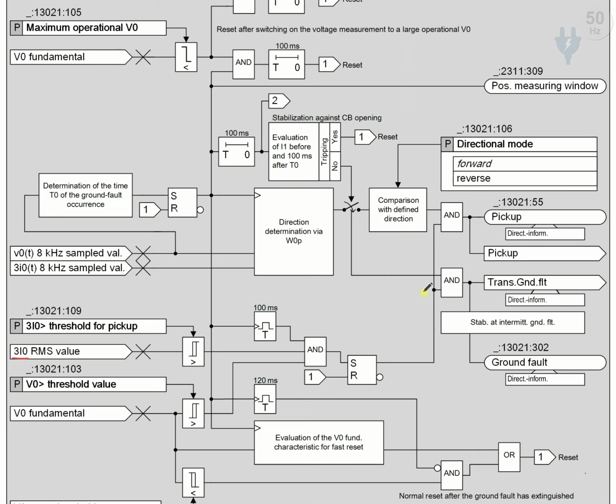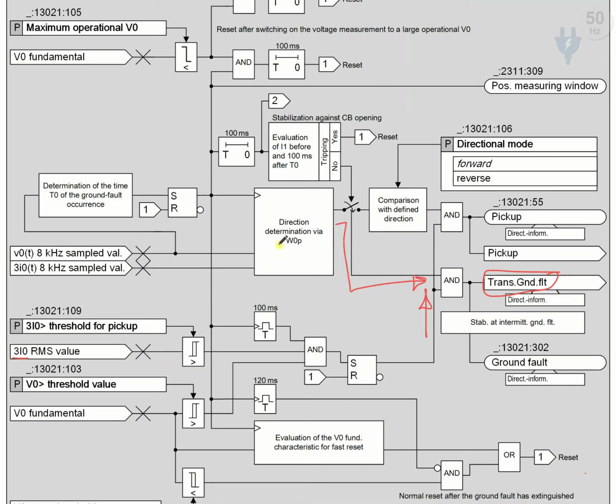This signal is for picking up. This is a pickup signal, and before going to the pickup, it goes to the transient ground fault records, without